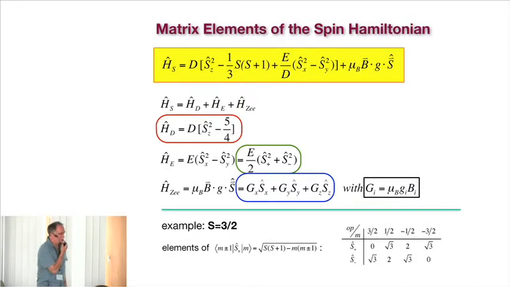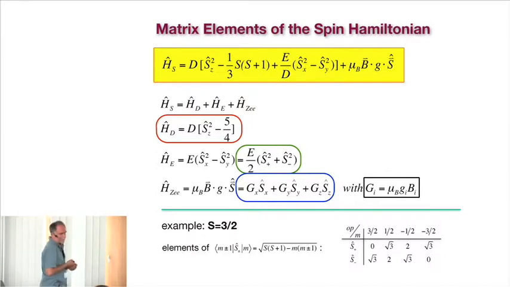Okay, now we should go a little bit deeper into what the general spin Hamiltonian is, and now we have to go into this diagonalization business. So this is the Hamiltonian we had before on the screen, and we will write it now for an example of S equals 3/2, in order to make the Hamilton matrix not too large. So we can treat these three different terms separately. The one which depends on D is this D times Sz squared term, so we can call this HD. The term with the E over D, or with the E dependence,